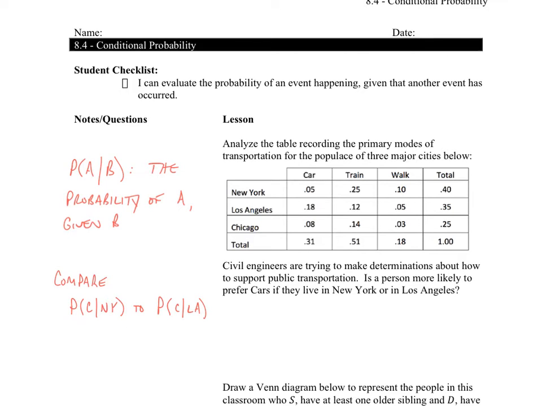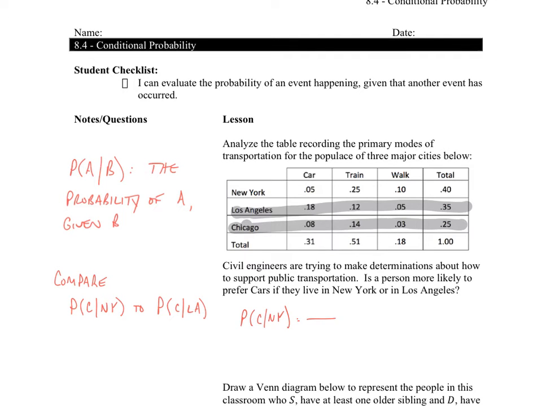So what that kind of means, I'm just going to use a highlighter here just to black out all the stuff that doesn't matter. It doesn't matter any of these numbers about LA or Chicago because it's given that we're in New York. So since that is given, we're going to focus only on the people who live in New York. And of those people who live in New York, how many of them prefer a car? So since we're starting with just the people who live in New York, because those are the only people we care about, when we calculate this probability,